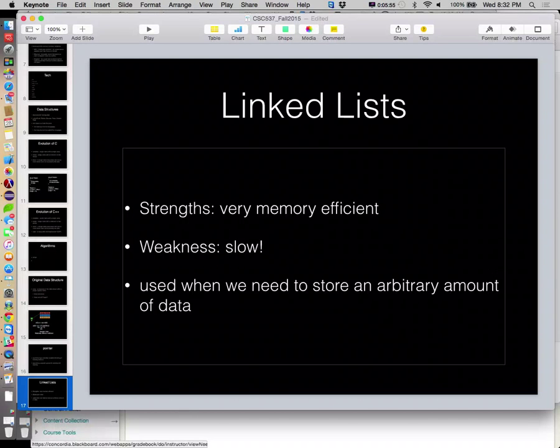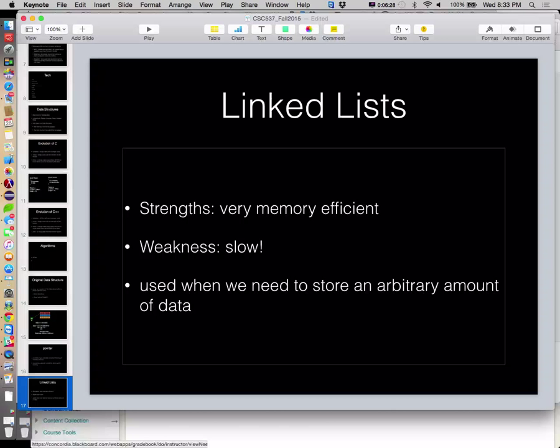So we want to think about linked lists as being like elastic arrays. They're arrays that we can just keep adding things onto, and we don't have to destroy the original. The way arrays work, if we think about it from a house analogy, you just buy a plot of land, you build a beautiful house, you decide you want to add a deck into the backyard. You're going to burn down that house and build a brand new one that's a duplicate of the original one, but with a little bit extra space for a deck. That's how arrays work. That would never make sense in real life.